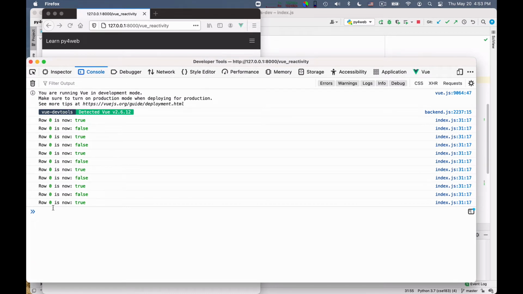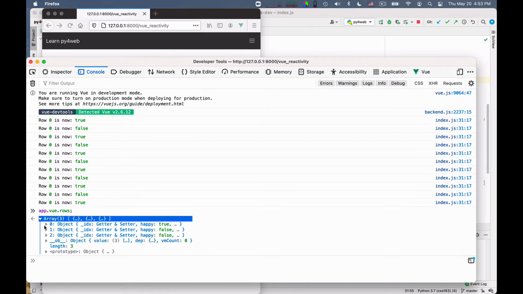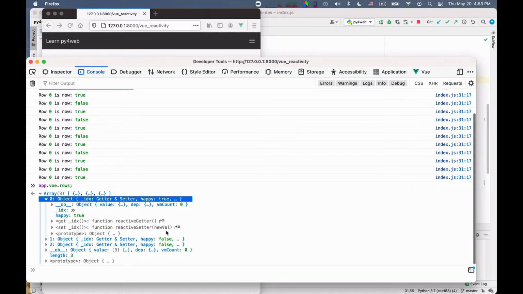One trick is this. So you say app.$vue.rows. And now let's look at it in a little bit more detail, okay? So let's expand the object 0. Okay, you see the underscore index has a value if I click on it, but it has a getter and a setter. This getter and setter are actually the Vue spies, I imagine them, the Vue sentinels, if you will, that detect changes in the values and signal them to Vue so that when underscore idx changes, Vue can be alerted and it can bring up to date also the HTML.